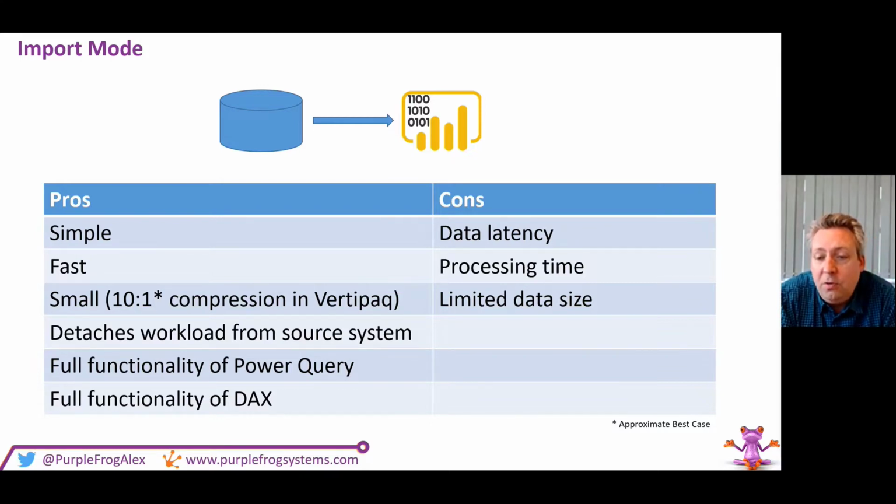And you don't want to do that every 5 minutes. You can't do it every 5 minutes. You're limited to 8 refreshes a day in Power BI Pro or 48 a day in Power BI Premium. So you could do it every quarter of an hour. But that's still quarter of an hour data latency. And really, that's going to hit your source system a lot during the day. Normally, you see once a day, once an hour. So your data may be a day out of date or an hour out of date, and beware of that